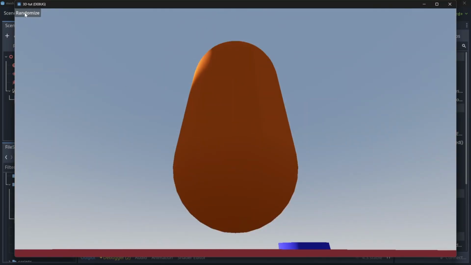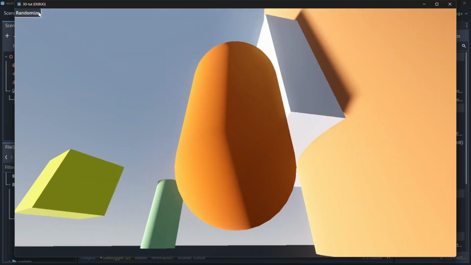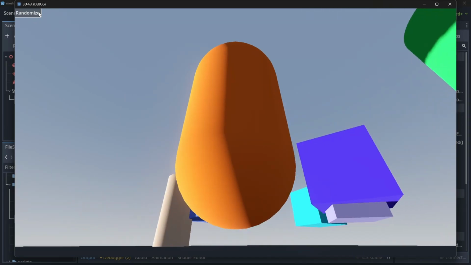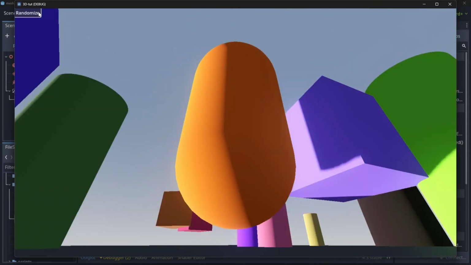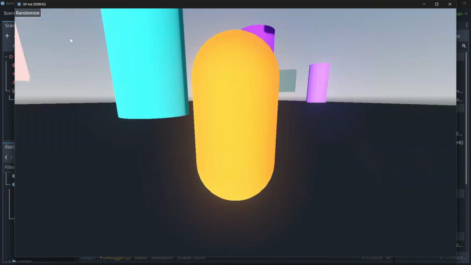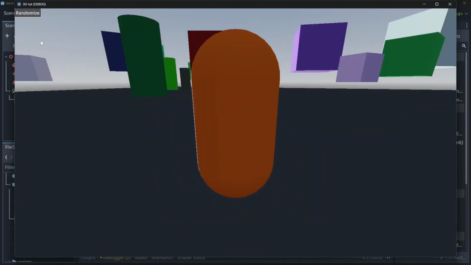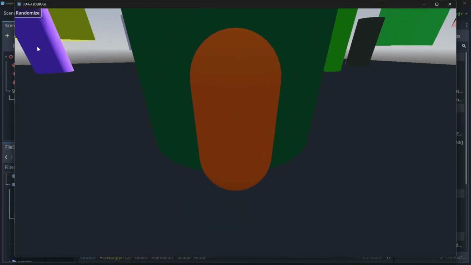So if I click on the randomize button at the top left corner, every time you will see a new layout is generating. We are redrawing the map entirely. Now I will also give you a capsule to move around